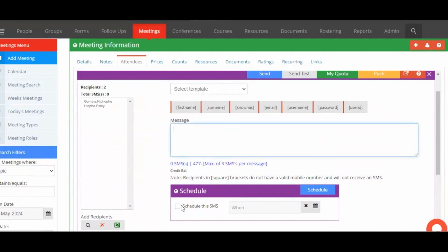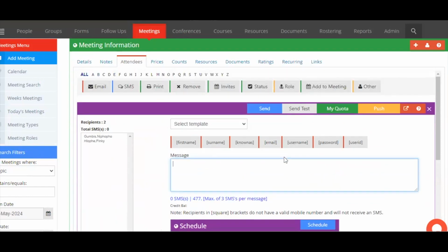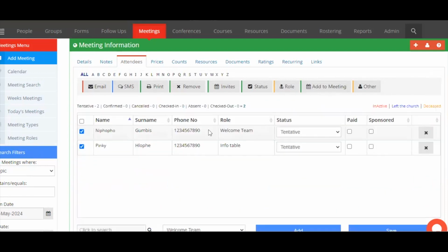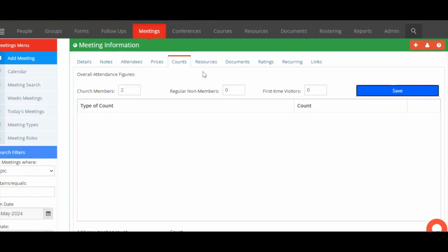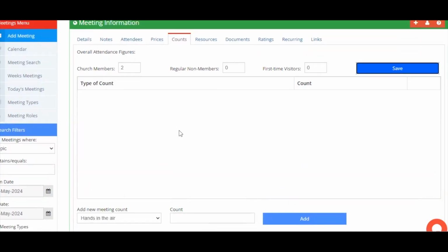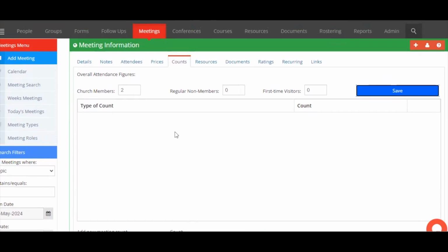And also you can schedule it for the dates that you want it to go out. So this applies to both SMS and email, and then you will see there's pricing, there's counts. So the counts will work for if it's for Sunday service,